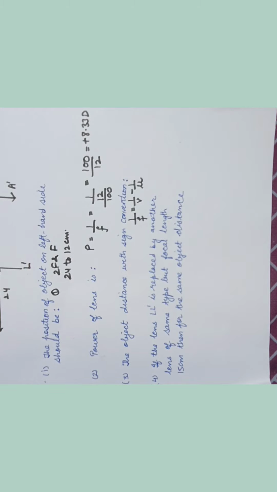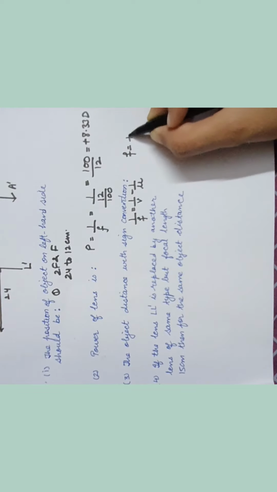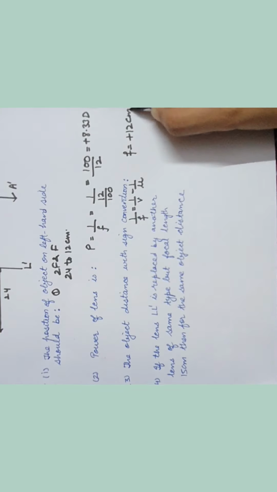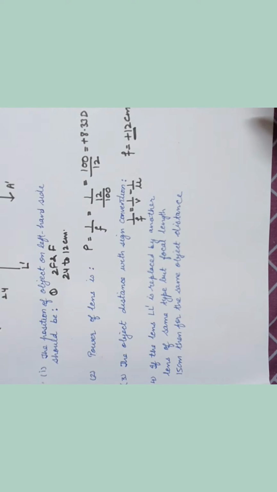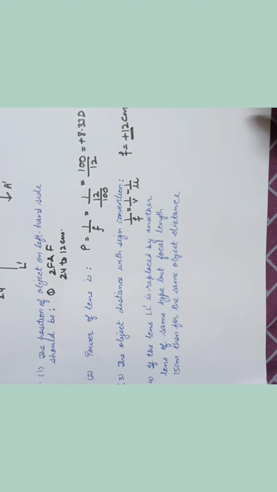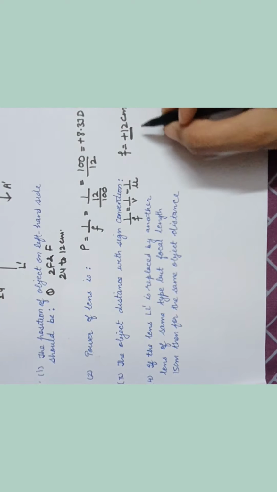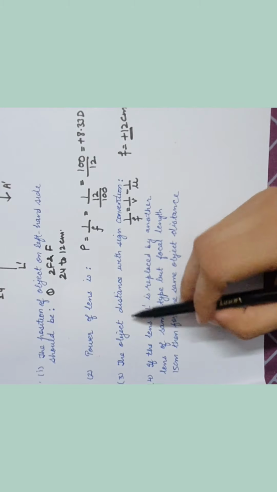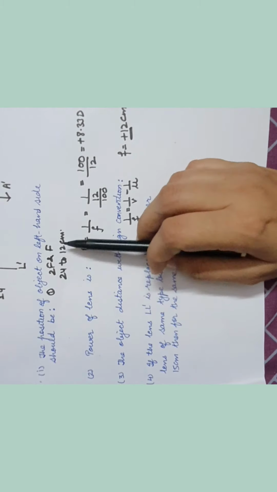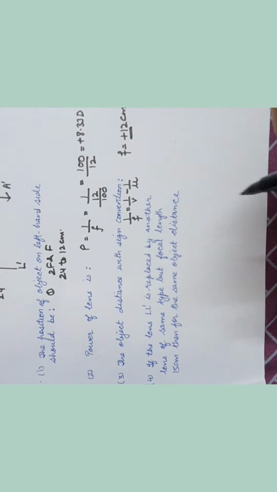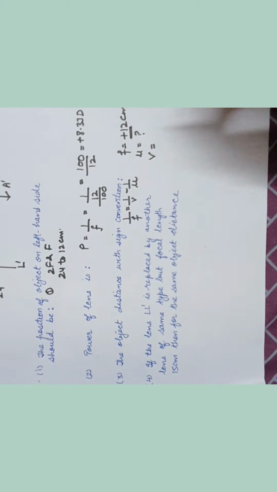Since focal length is already given 12, and we know that focal length is always positive when you are talking of convex lens. So putting the sign in this case is very important whenever you are doing numericals from this chapter. Okay, and you see, because they are asking me the object distance, I know that the object would be between 12 and 24. I don't know the exact position, so I don't know u, right? And v is also given.